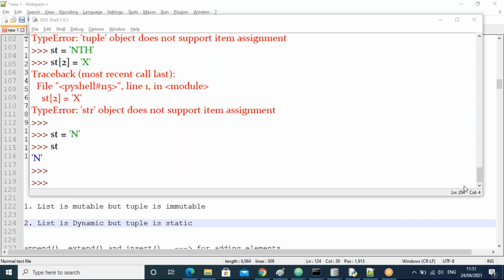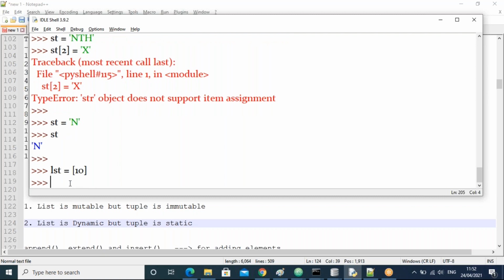Yes. Now, all of you, is it fine? All of you know it's fine, right? Okay. Yes, guys. Now, coming to the point. I want to create a list with one element, guys. How is it possible? Tell me now. So lst equal to, I can take 10, guys. One element, right? 10 is the element here. It's possible, right?